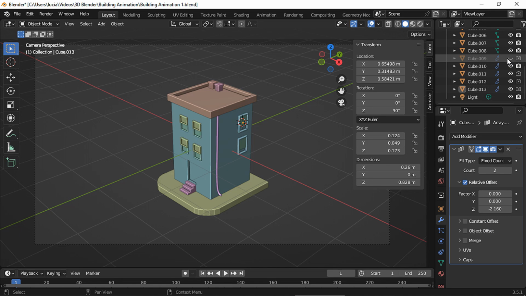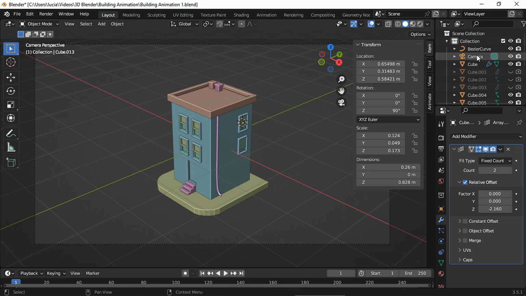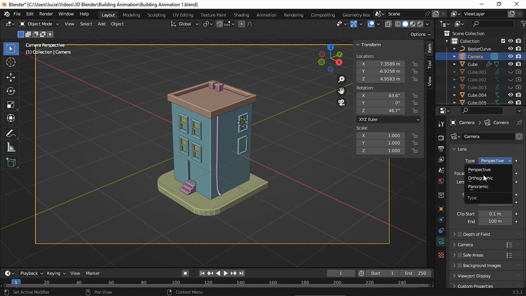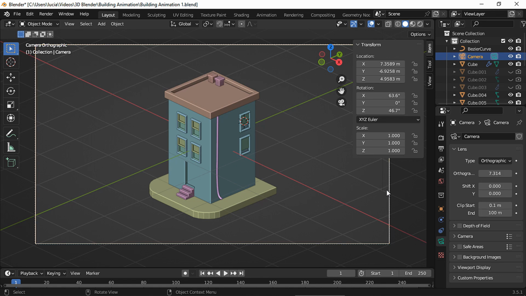I'm gonna take a moment to make sure the windows are enabled in renders. And remember, the boolean objects have to be hidden in viewport and in renders. For the camera, I decided to change it to orthographic, but in the final video where I'll address the lighting as well, I made more changes to the settings to get the final look.